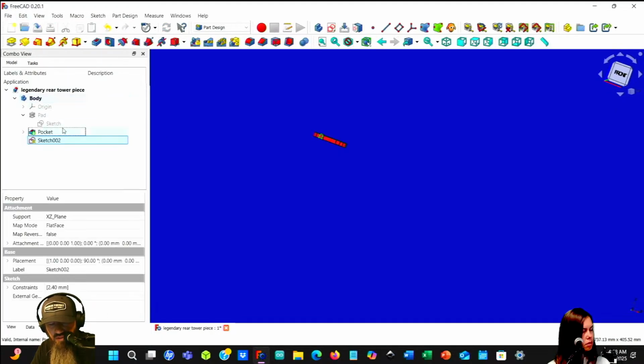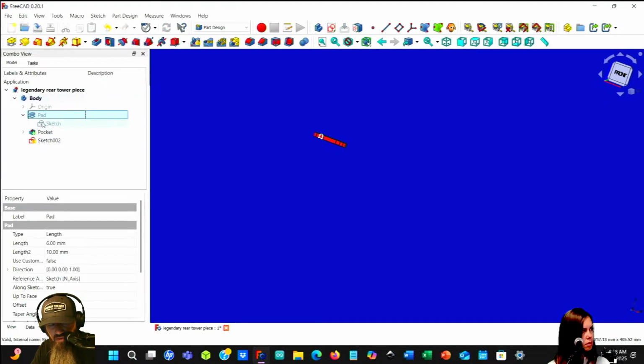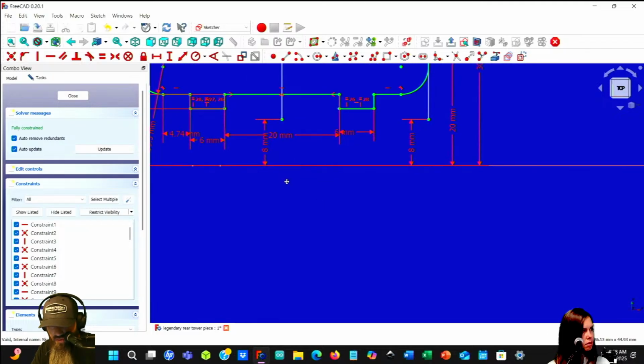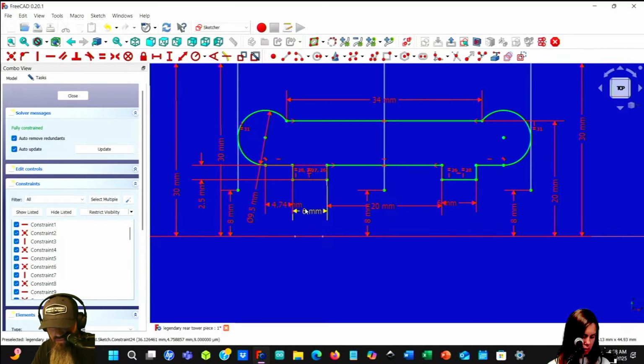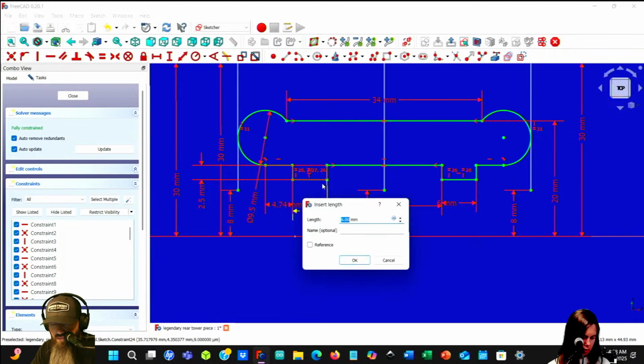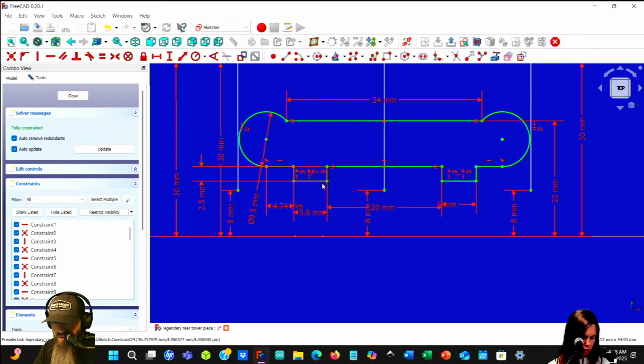So if we close that and go back into this one, this one's 6 millimeters. I have it at 5.8 here and 5.2 tall. So let's make this 5.8.